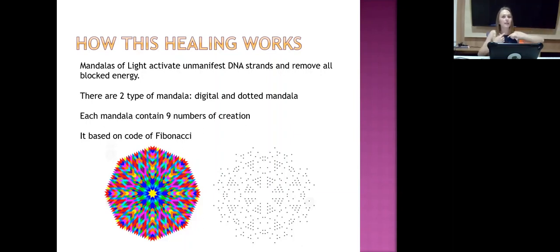And number 8 represents an eternal number, when we give this to the world and the world returns it to us. And number 9 represents the full creation of our idea. This is how all the numbers of creation work. And this mandala has all 9 numbers and has this Fibonacci code. This is how you create this mandala.